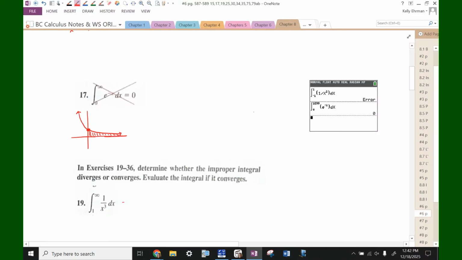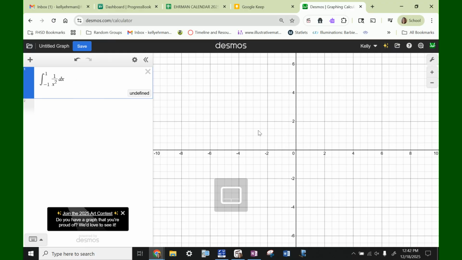Let me see what this looks like again in Desmos. I'm not sure if I can type in infinity here. Infinity. Ooh, let's see what happens. Oh, now see, this tells me 1. My graphing calculator, I couldn't type in infinity. I could only type in 1 times 10 to the 99th, I think is what I was doing. Okay, now that says 0. That's kind of interesting. But here, if I say infinity, I think maybe